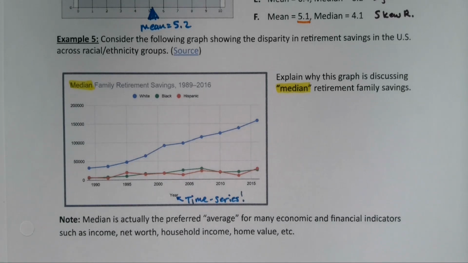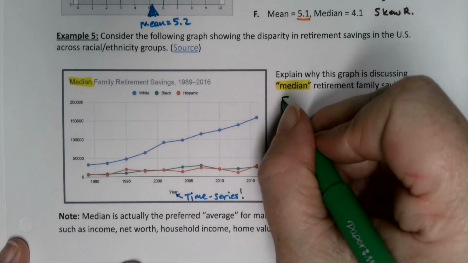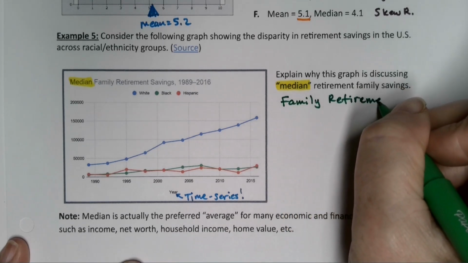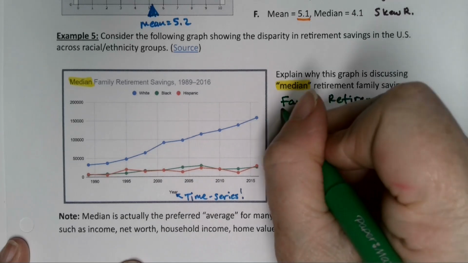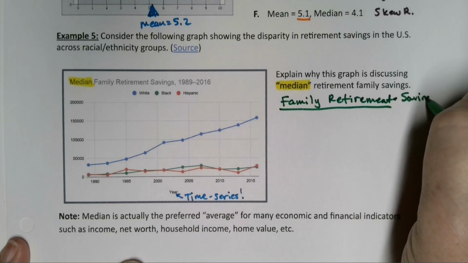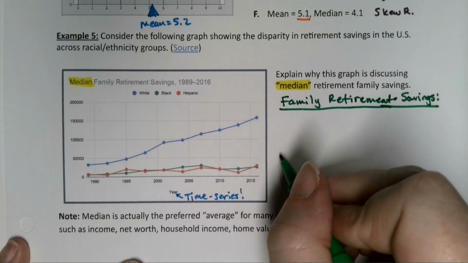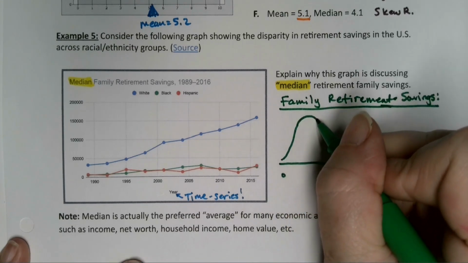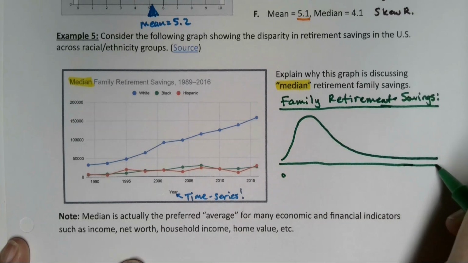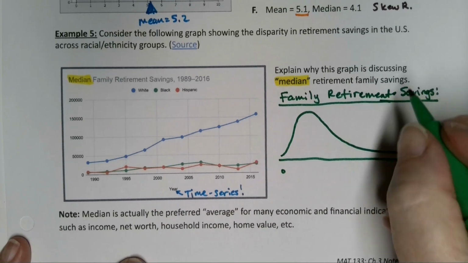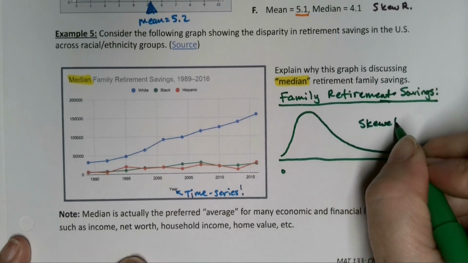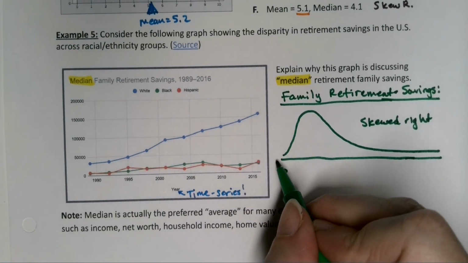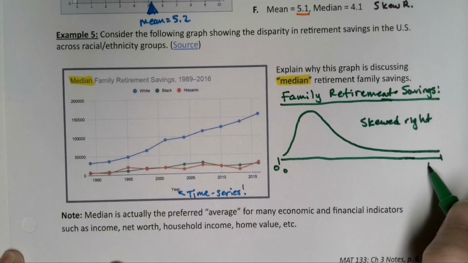And that's because if you think about family retirement savings, not from year to year, but think about what it would be for families in the Jackson County area, for example. So family retirement savings, right? How much money people have saved for retirement. What happens is if over here is $0 and over here is millions of dollars, it's like this, right? And very few people are way over here. So it's very much skewed right. And because it's skewed right, they would use the median, right? So this is $0, this is millions. Let me just write millions over here,